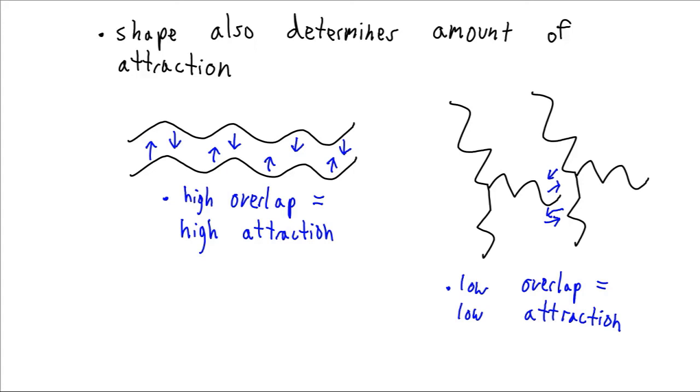And so they'll have lots of attraction, and therefore they'll stick together more compared to if you have the branched molecule, then even though it might be the same molecular weight and have the same total number of electrons and protons as this linear molecule, only a fraction of those are going to be able to get close enough to